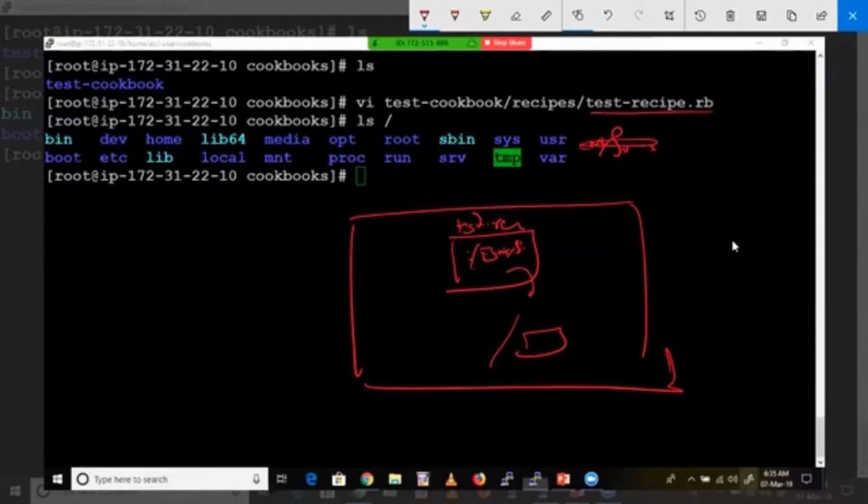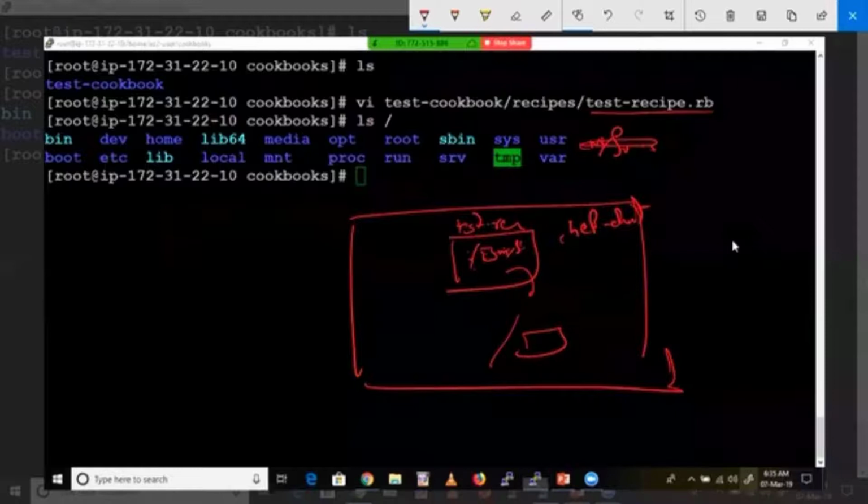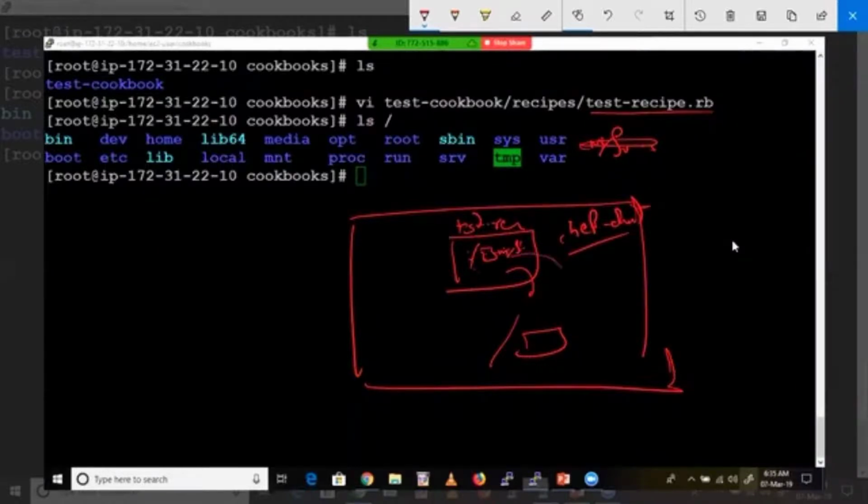To execute this one, we need to run chef client, right? Chef client will not run automatically, guys. We need to run it manually. Later on, I'll tell you how to automate chef client. I told you that chef client runs automatically at frequent intervals; I'm going to explain that automation later on. So as of now, we need to run manually. If you run chef client manually, it will take that recipe and apply it locally. The file will be created actually and the node state will be updated. Okay, so let's run this one.